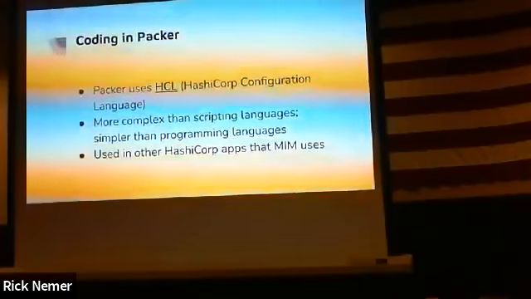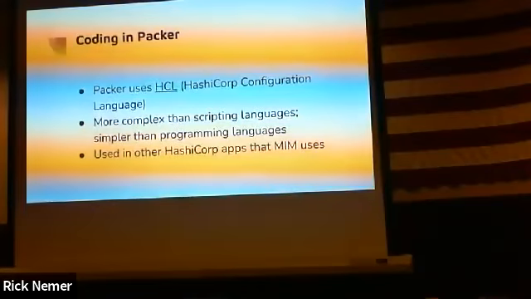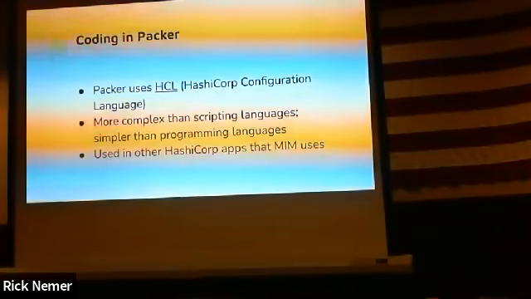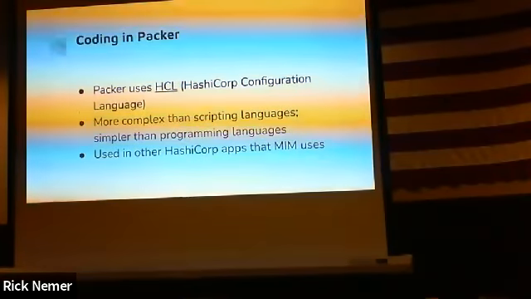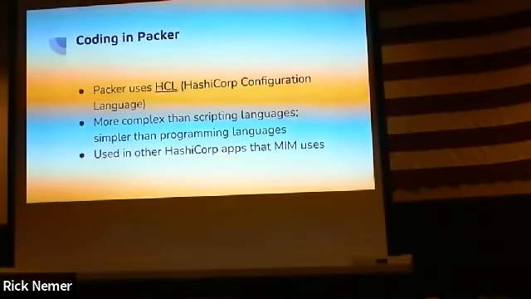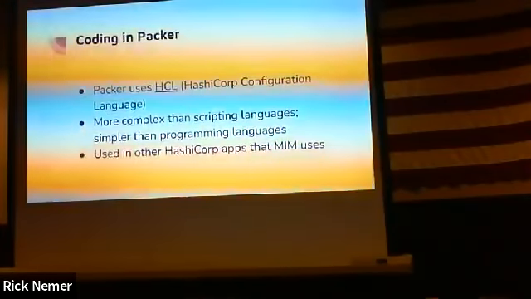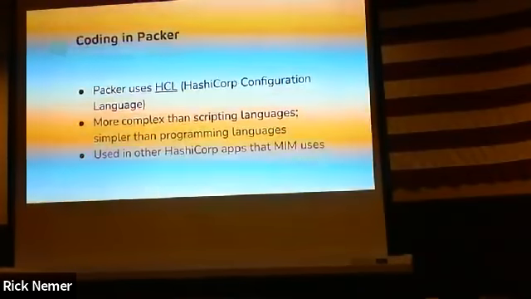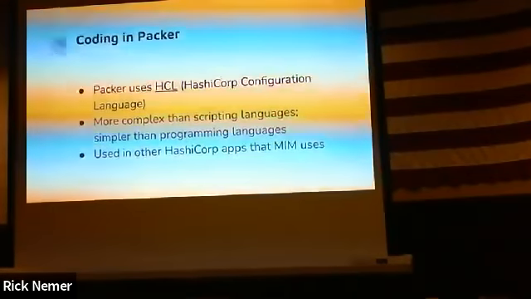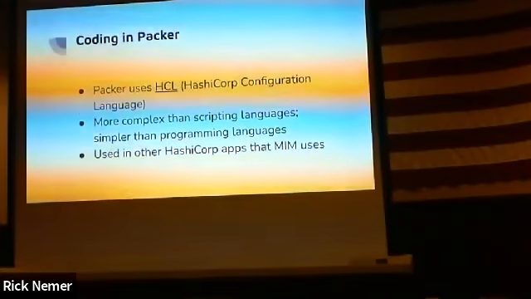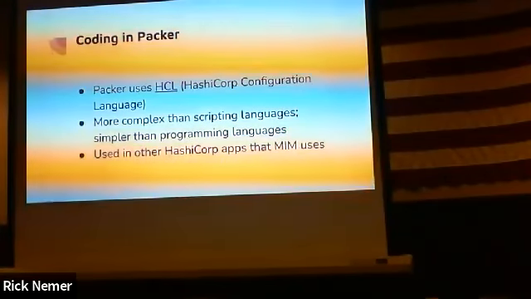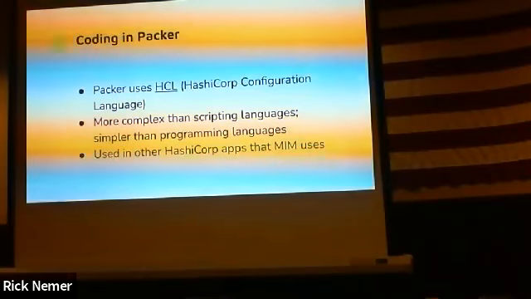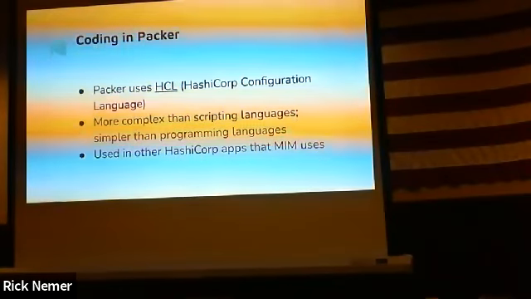The other thing about Dockerfiles people say, like I said, is, oh, Dockerfiles are just so simple. Why would I want to use something else? I'm sure this is extremely complicated. Actually, it isn't. Packer uses HCL, which is the HashiCorp Configuration Language. It's easy like Bash, but it's more sophisticated. It's kind of halfway between something like Bash and something like Java or Python on the other hand, like actual programming languages. Kind of a nice happy medium.